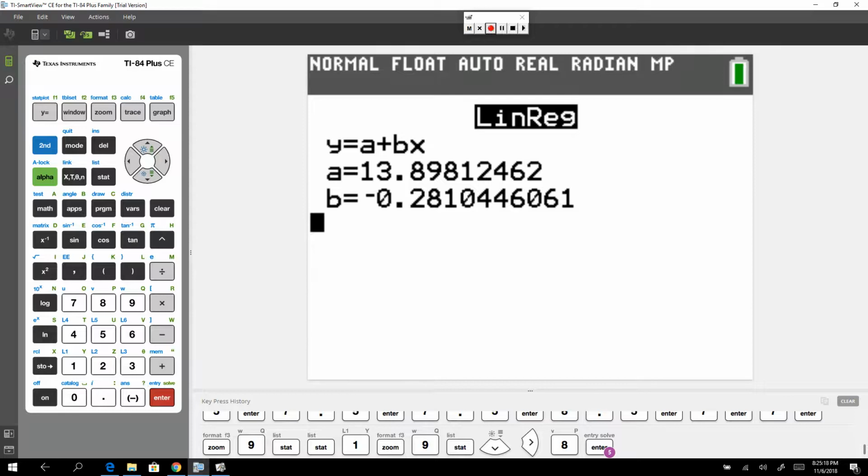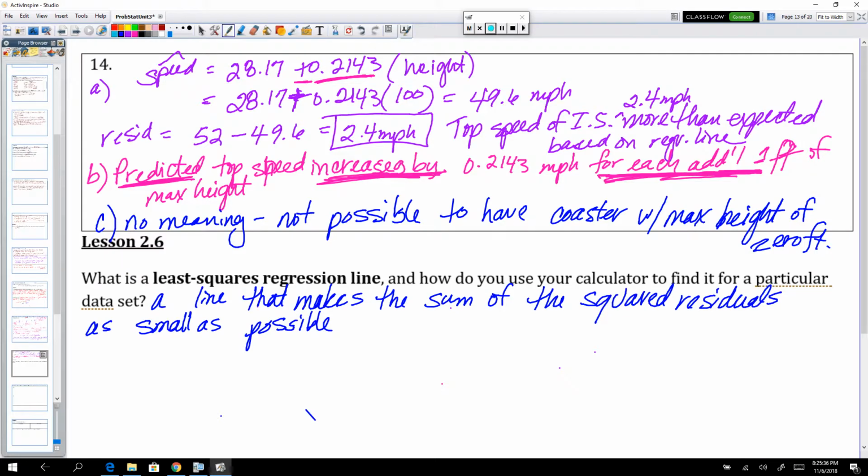And we'll calculate our least squares regression line. Remember the format of this, your calculator is telling you y hat equals 13.9 plus, or actually minus, 0.28x. That's what your calculator is telling you with this. Okay? So just to refresh our memories and to take notes on the steps we just took,